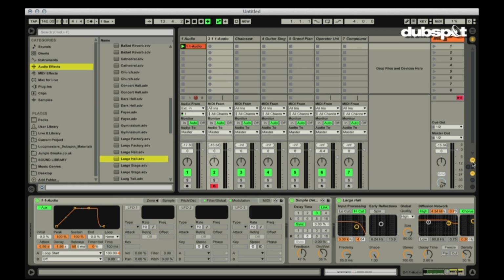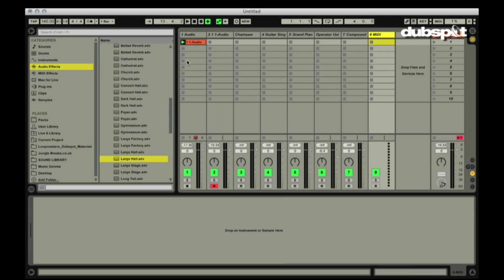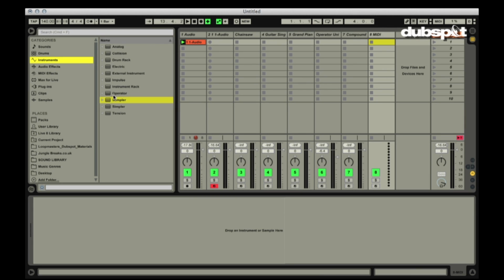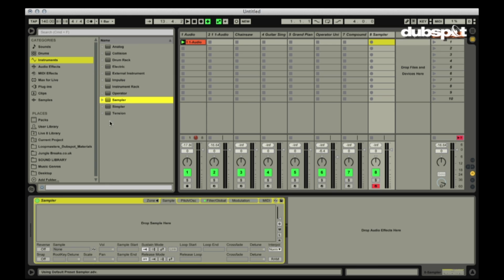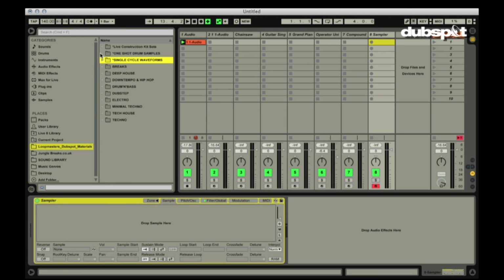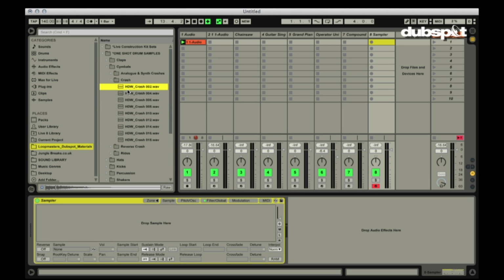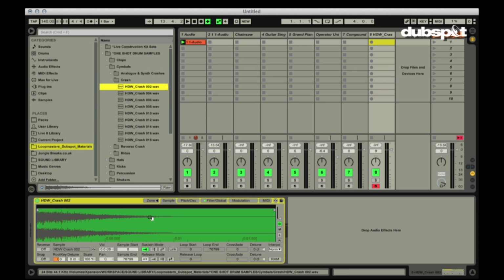amazing textures and sound effects by using it with some pretty unlikely suspects as far as what the source sample is. So I'm going to create one more instance of sampler. And in this one, I'm going to go back to my Loop Masters folder, and I'm going to go to my one-shot drum samples, and I'm going to go to the crash cymbals. So this one will do nicely. So when I strike C3,